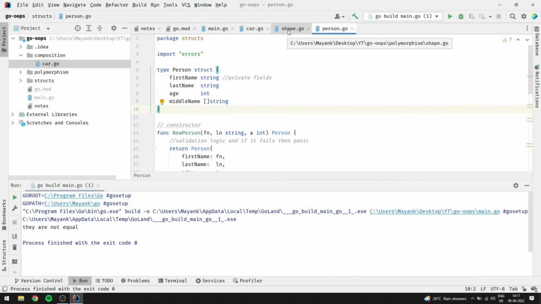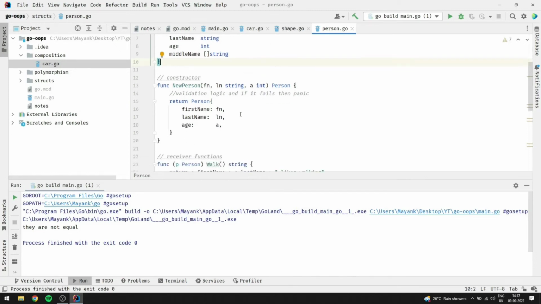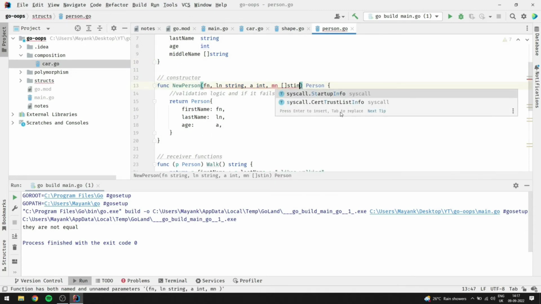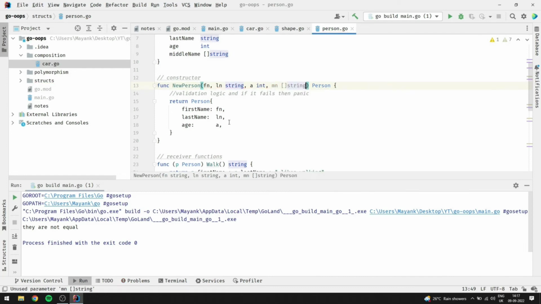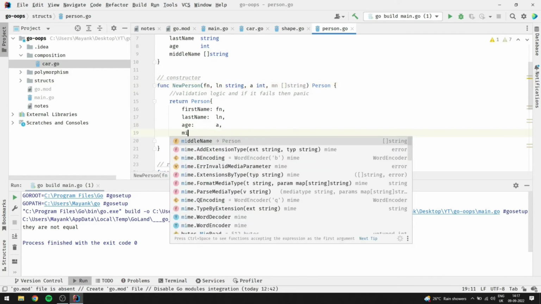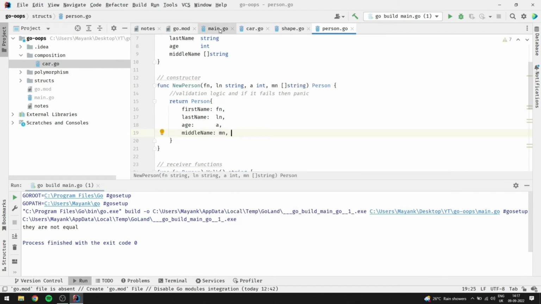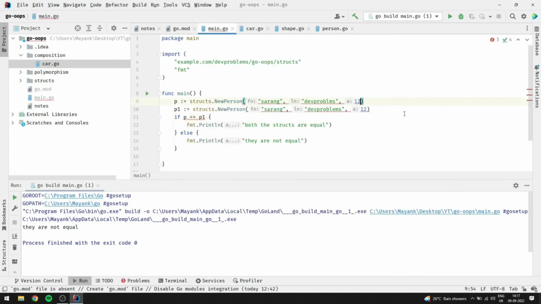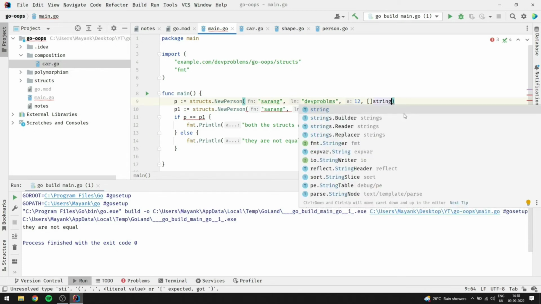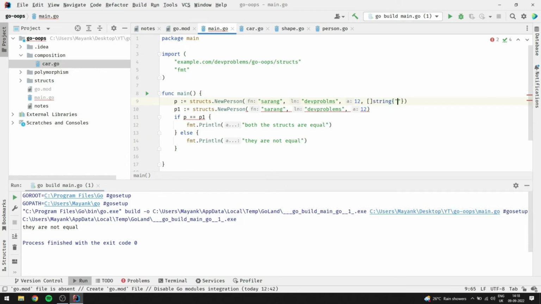Okay, now I'll just have to add this mn, and this will be of type string slice, and middle name, just write mn. Okay, I'll go to the main file. Now I just have to pass, let's say, not like this, new string. I'll just write a, copy this,